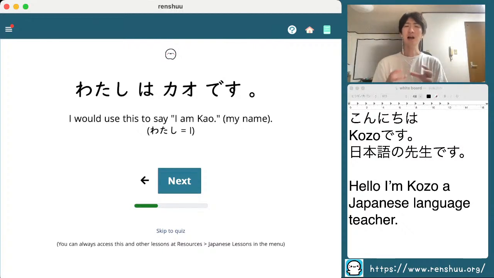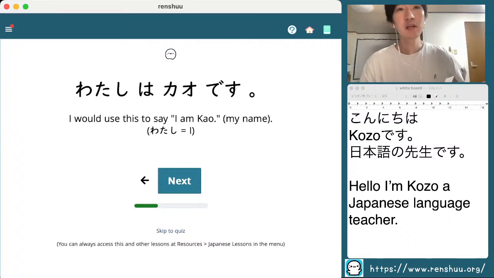Yeah, I think Kao is kind of... Oh, I think Kao is a character of this app. Like, I think there is a circle character on this app, and the name of it is Kao. I think Kao is face in Japanese. 私は is like polite version. You mean polite version? Yeah, like,